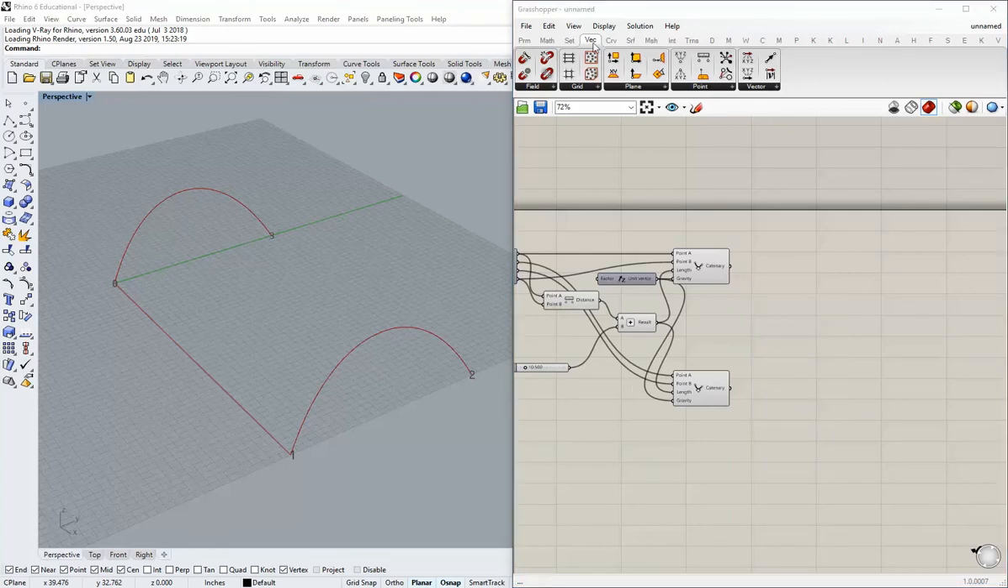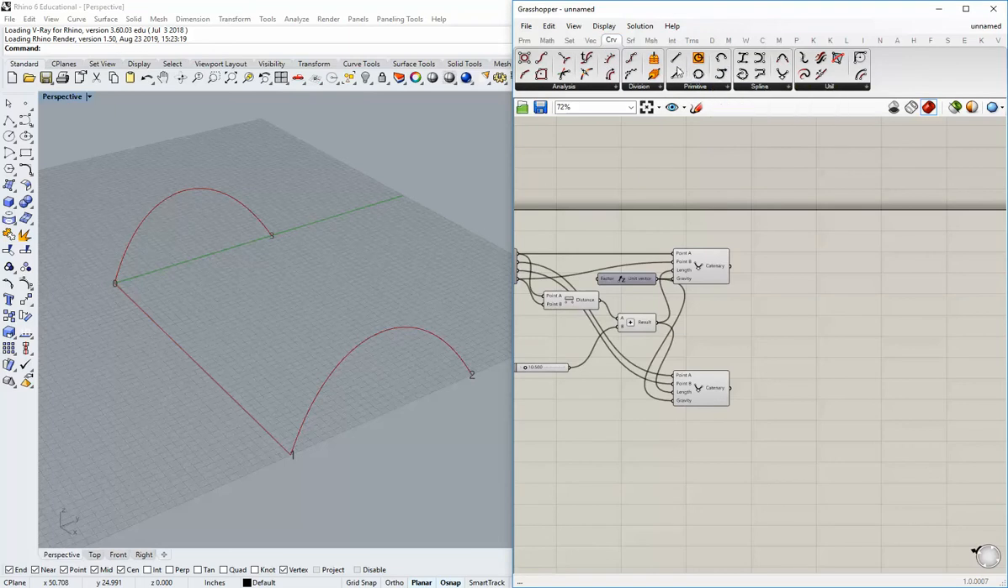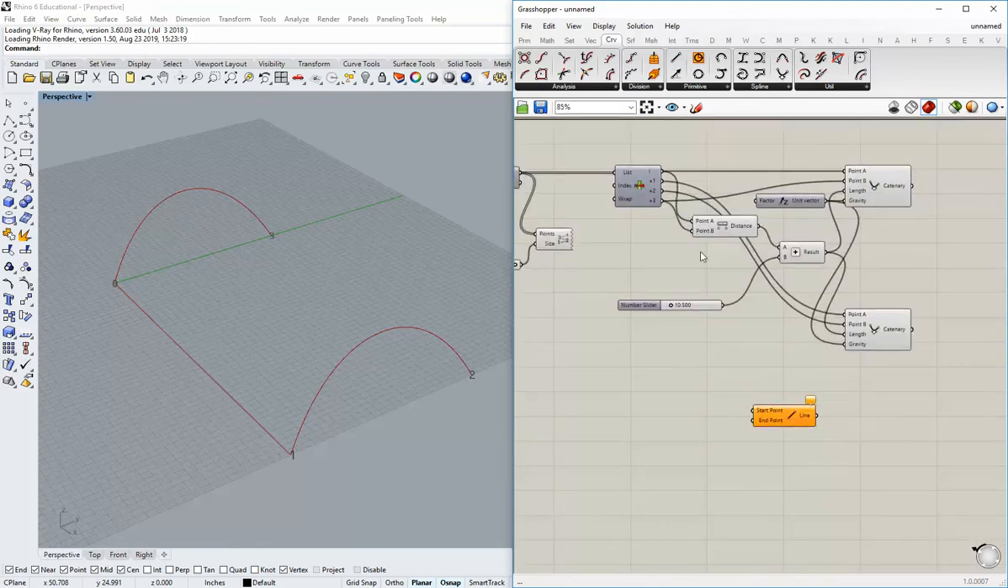So let's draw a couple of lines between 0 and 1 and 3 and 2. Okay. And remember that the order of the inputs is going to determine the direction of the curve. We'll get to that in a second. So let's go over to curve, line. And now I want to connect 0, which is the I output here, into the first point, and then the endpoint is going to be 1. So there's my first construction line,